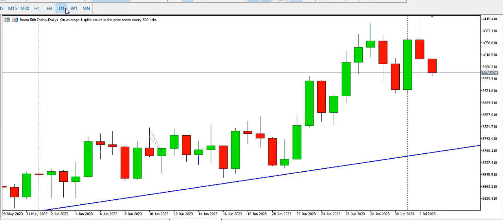On the daily time frame for Boom 500 index, you can see a double top in progress. This is the left top. This is the right top. Formation of a double top in progress. If price eventually forms a double top, we have the neckline around here. We might see price breaking this particular level for a retest, and then price possibly dropping some more to this particular ascending